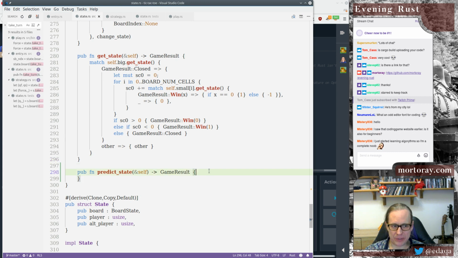Okay, so now we need predict state. How do we predict the state? Well, we need to predict state on the small boards as well. And predict state is allowed to be an expensive function. Maybe. This is an issue. If it's too expensive,